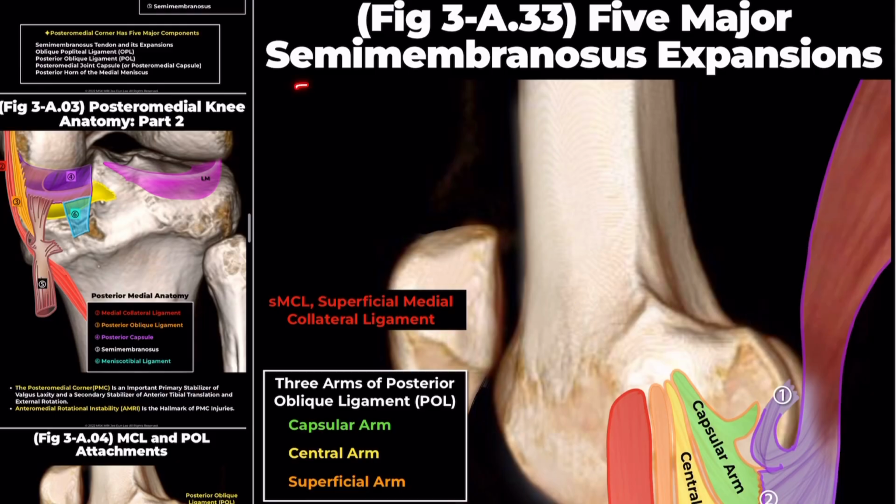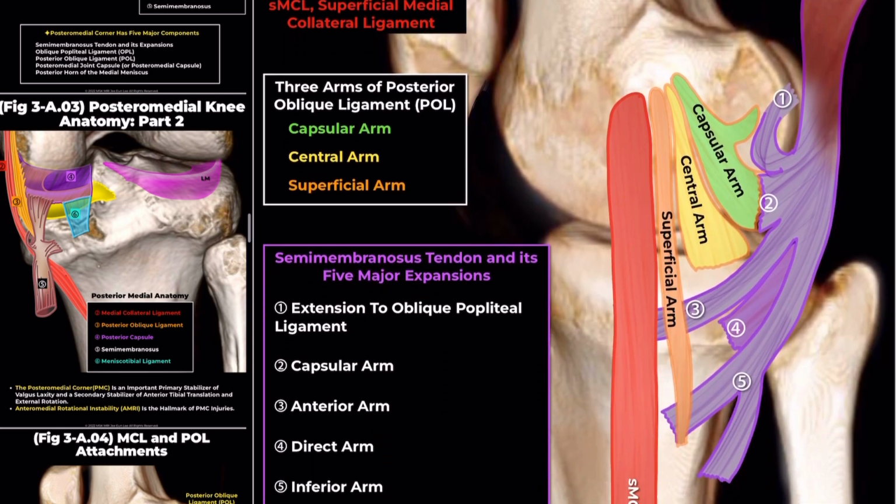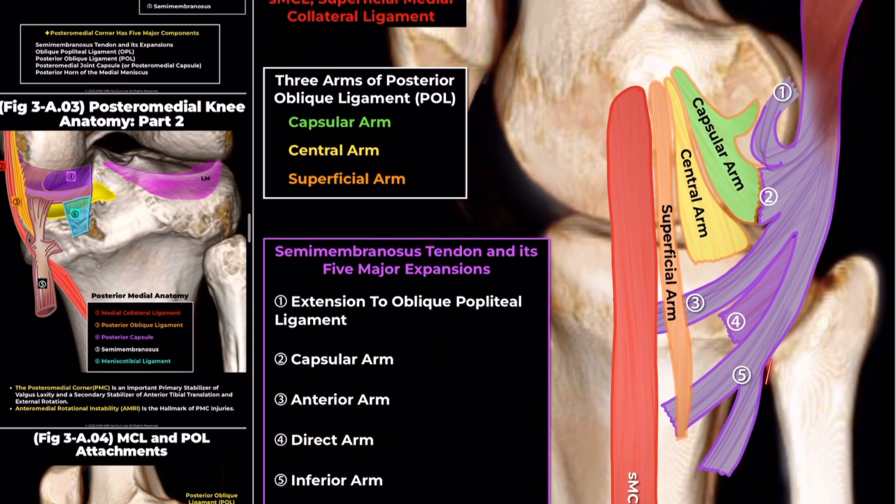Semimembranosus expansions. The distal semimembranosus tendon is an important component of the posteromedial corner. The semimembranosus tendon consisted of two main portions, the anterior arm and the direct arm. The direct arm inserted at the proximal tibia, the anterior arm extending along the proximal tibia and inserting deep or posterior to the superficial medial collateral ligament, the coronary ligament attaching to the medial meniscus, and a capsular arm forming